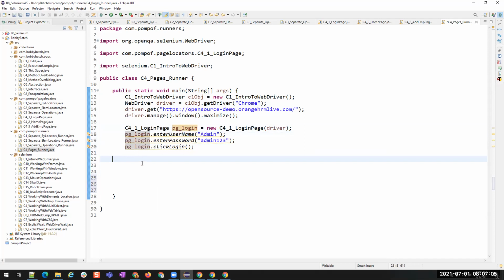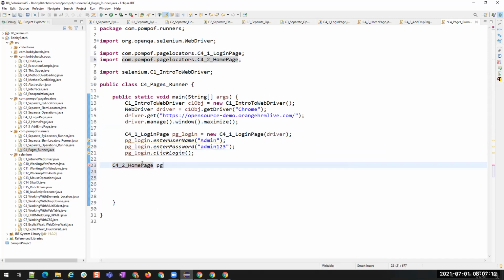Okay. Now similarly, I'm going to create another object for home page. pg_home is equal to new